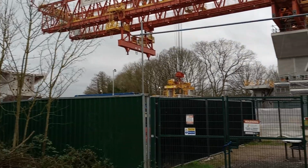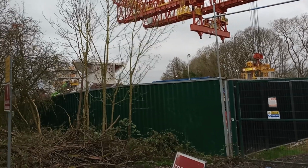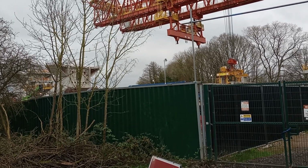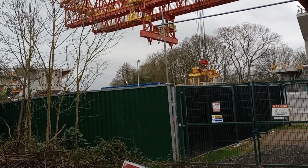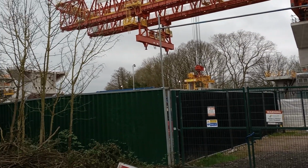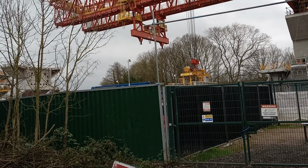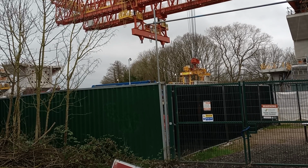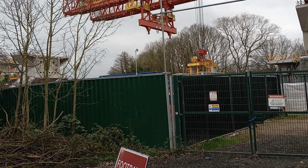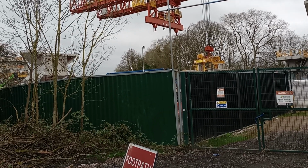I'm dumbstruck really how interesting this all is. I mean, I haven't got an engineering background. I studied maths, but it's just so complicated and so difficult to get these things just right. And if you're outside the tolerances, even for one little aspect of it, oh hello, it's turning. You can see it's turning possibly in the wind or of its own volition. That's probably not a good thing to happen, and they're probably waiting for it to settle down before they lift